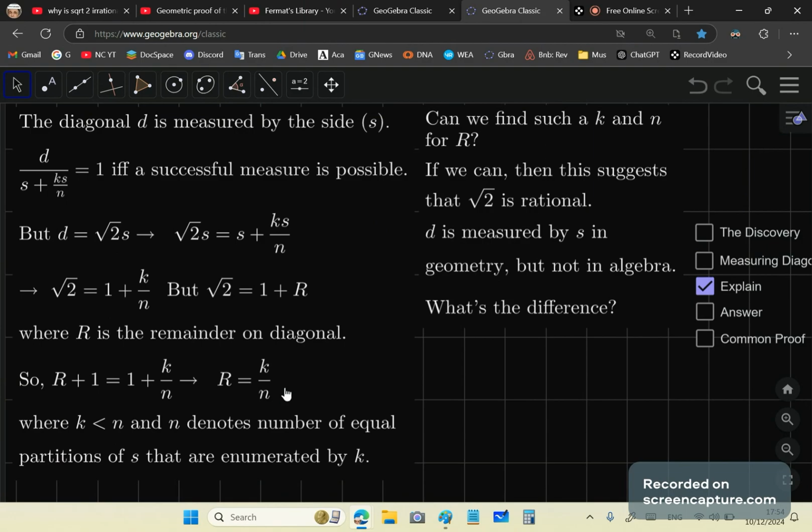But that just goes to show you that this is problematic because geometry did not affect this result. This incorrect result is obtained by algebra, by this algebraic reasoning, and so k is less than n, obviously, which means that it is that little leftover part. And how do we know what k and n are? Well,